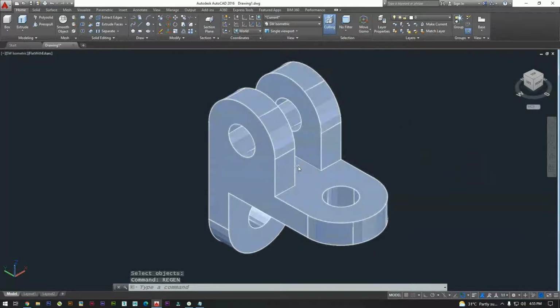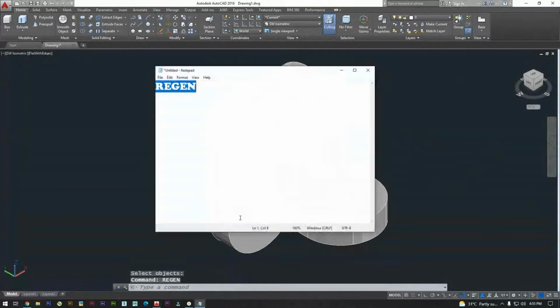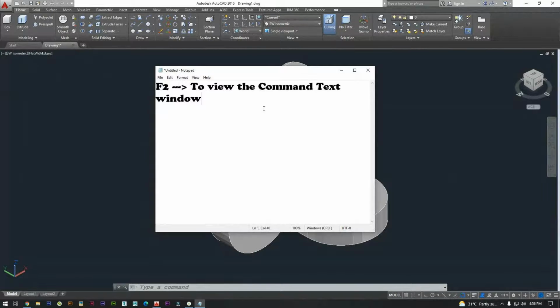If you press F2, F2 to view the command text window.